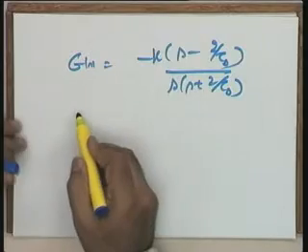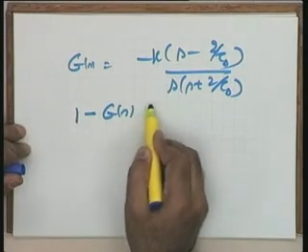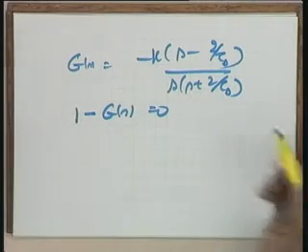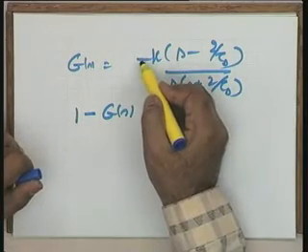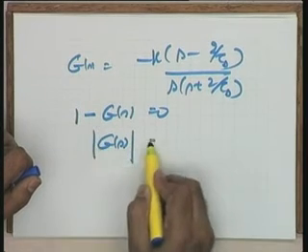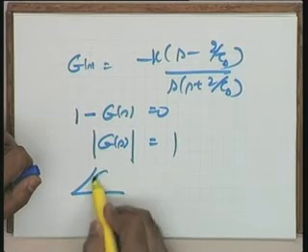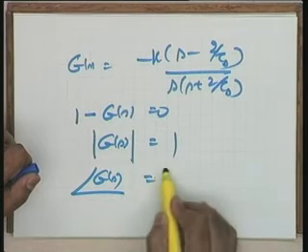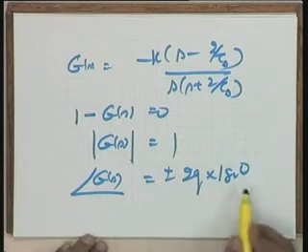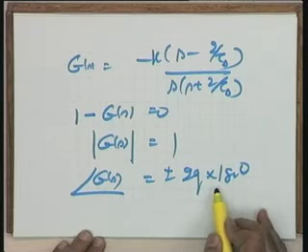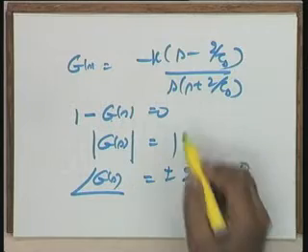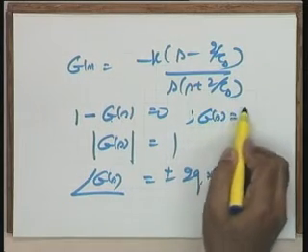So you see that if you write your function, it is 1 minus G(s) equal to 0, because there was this minus sign over here. So what is your angle and magnitude criterion if the minus sign appears outside? The magnitude criterion remains the same, magnitude of G(s) is equal to 1, but the angle criterion becomes angle of G(s) is equal to plus minus 2q into 180 degrees. Now you see it will become an even multiple of 180 degrees because G(s) equal to 1 is your equation.